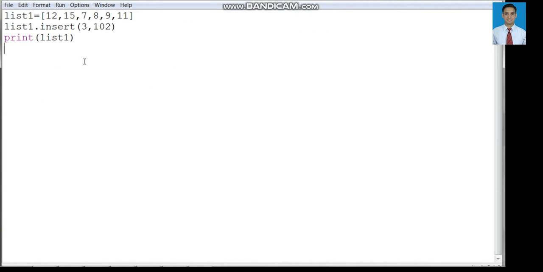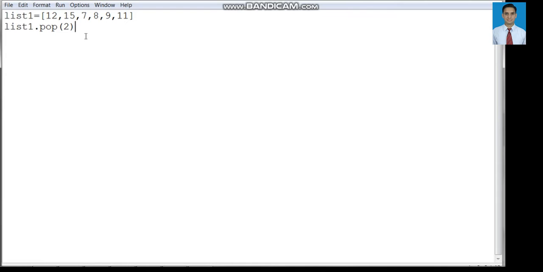Now let us begin with another method, pop. Pop is used to delete and return the element at the passed index. We are deleting an element from the list at a specified position. Pop means delete. For example, I want to delete the element of list 1 at location number 2.